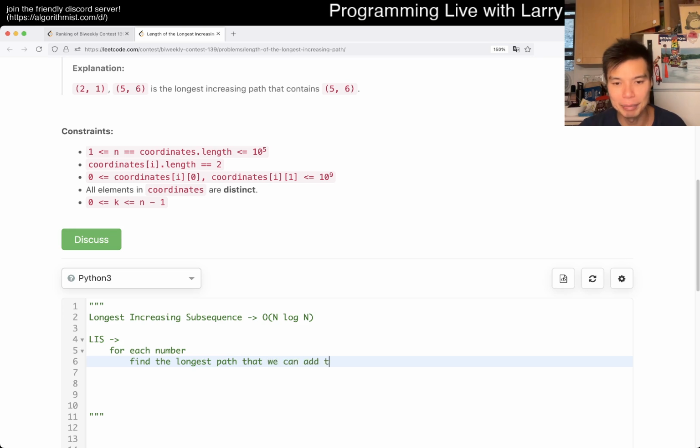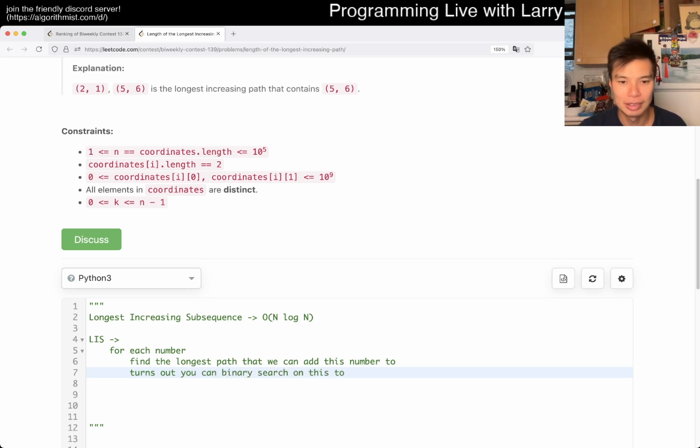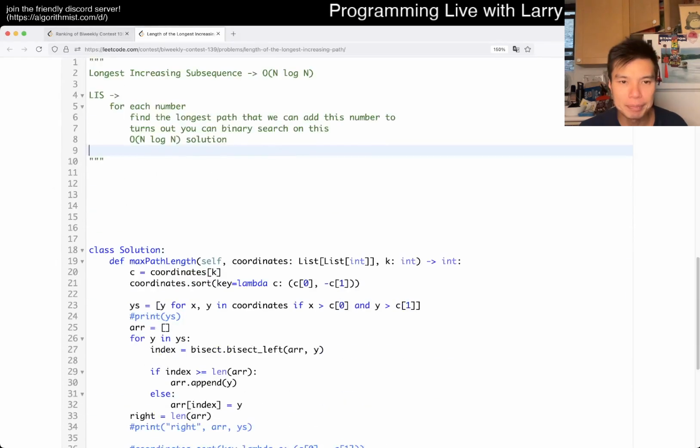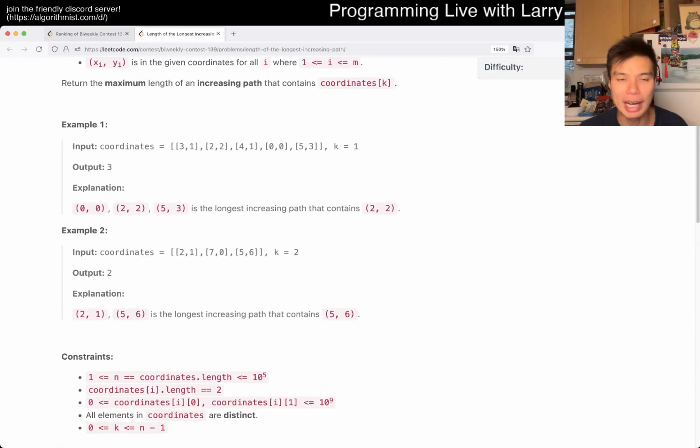And as a result, it turns out you can binary search on this, giving an n log n solution, right? So how does that relate to this problem? Well, it turns out this problem is pretty straightforward as a result, but the idea here is that, okay, so now